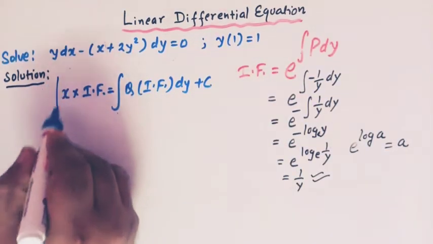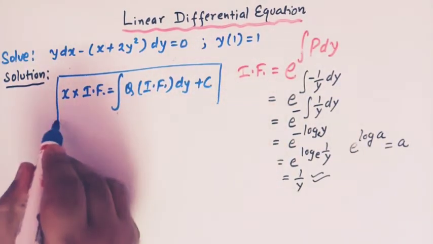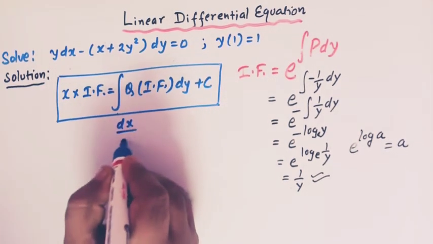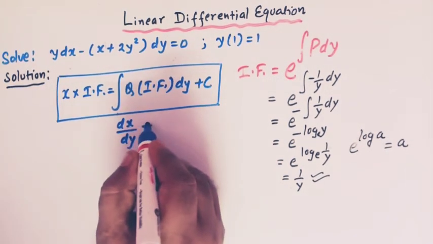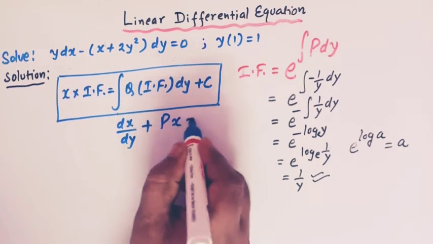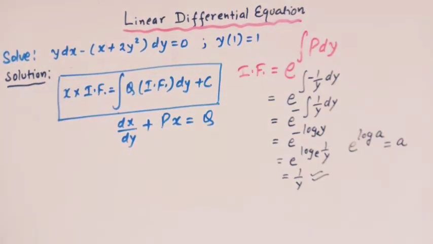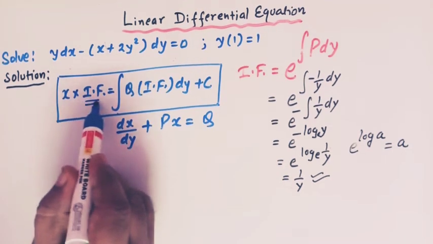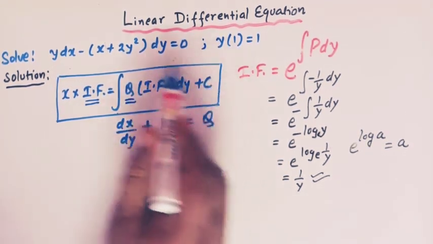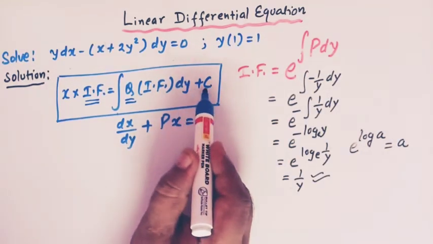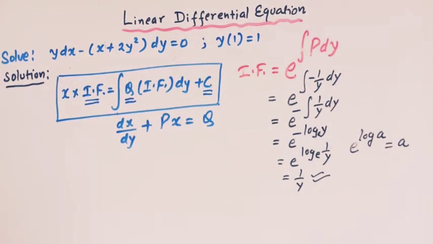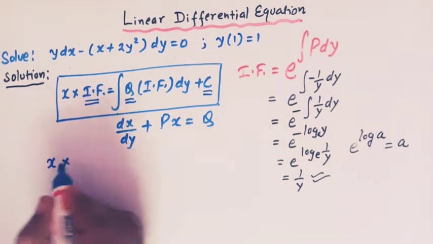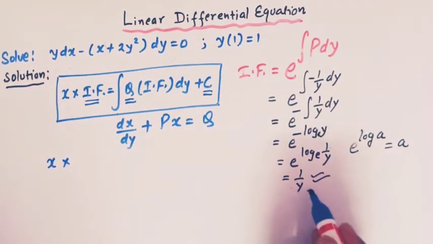This is the standard solution of the linear differential equation of the type dx over dy plus Px is equal to Q, where c is the constant of integration. So we have x times the integrating factor, which is 1 over y,